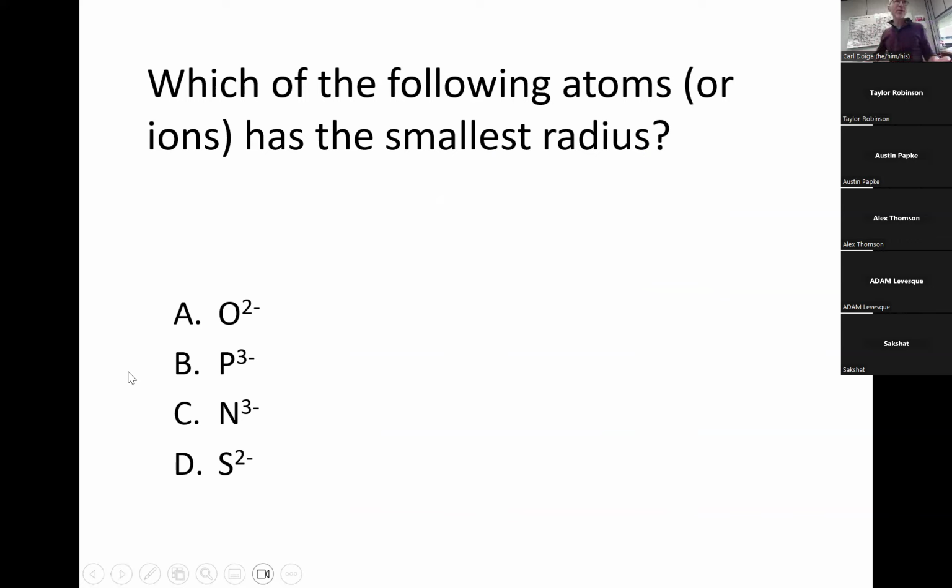Let's do another quick comparison. So we've got 2 more questions remaining, and then we'll call it quits today. So this is the check your understanding, number 2 on page 139. So I'm going backwards a bit here. And one of the things that I said to you is you can't necessarily compare everything. But in this case, you see that what I'm comparing here is which of the following, I said atoms or ions. Clearly, they're all ions. Which one would have the smallest radius?